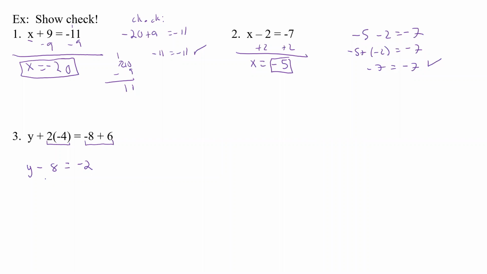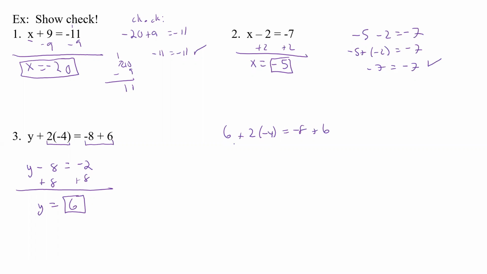Okay. Now, let's add 8 to both sides. So that cancels. We get y equals, now 8 minus 2, that's 6. So that's what we say our answer is. Now let's check it. 6 plus 2 times a -4 equals -8 plus 6. And you always want to go back to your original equation because maybe the next time when you're doing this, if you had made a mistake adding or subtracting anywhere over here, hopefully you won't do it again the second time, and then that's when the